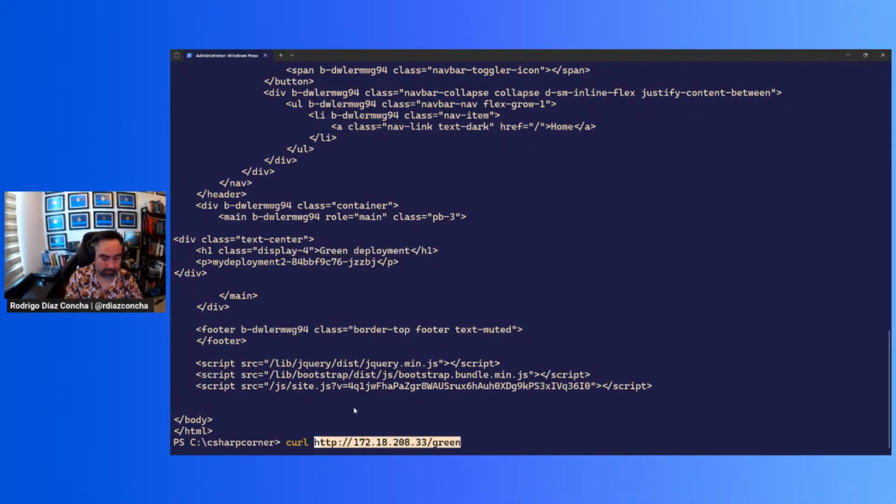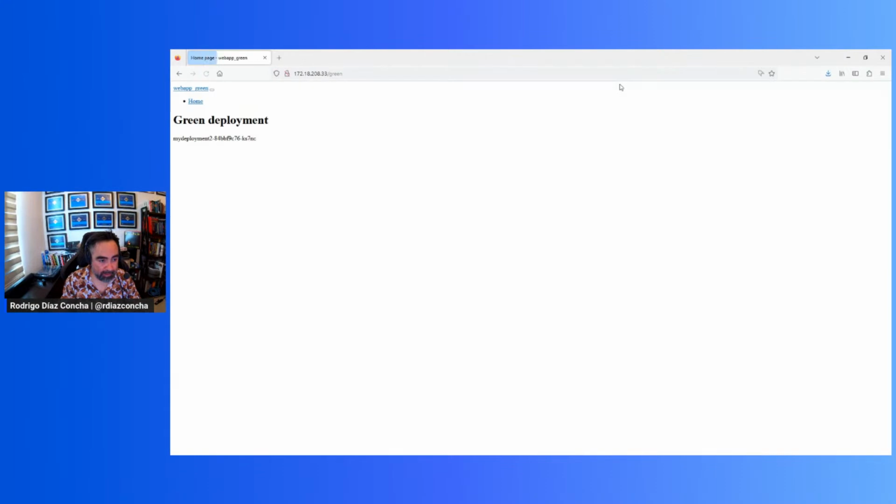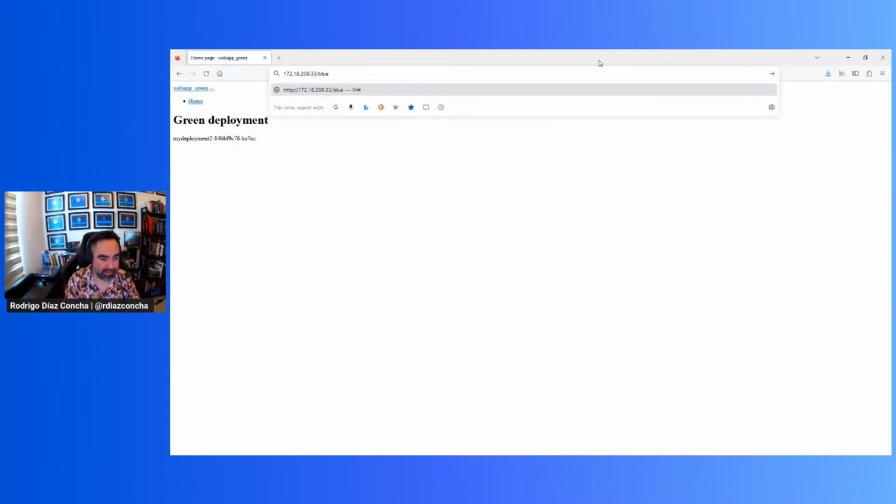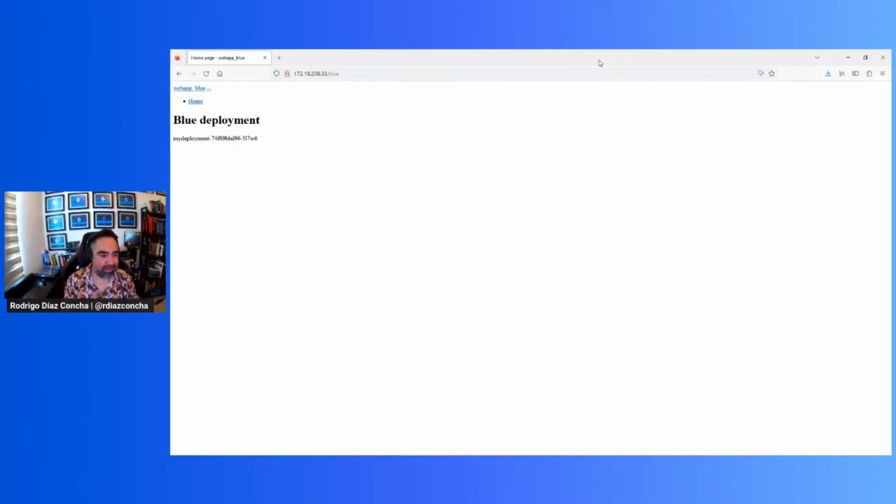So as you can see, those two services are responding to this particular request. So let me show you this. This is not very exciting. However, let me show you this, okay? Green deployment versus blue deployment, right? And actually, this should be blue, but it's not returning the entire CSS